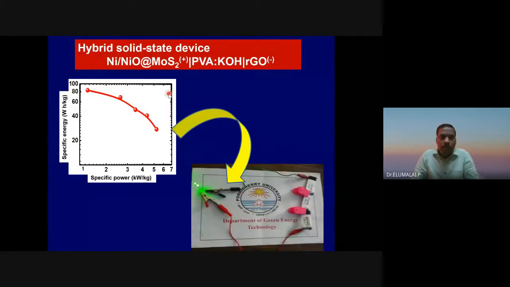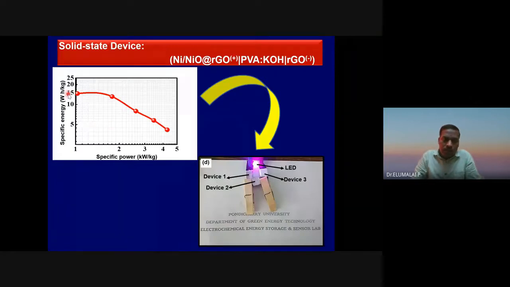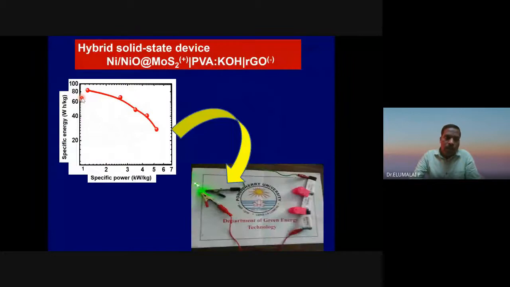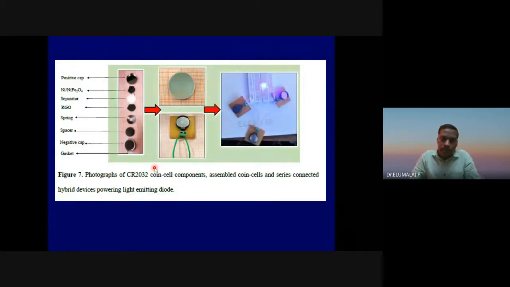This is another material, nickel oxide along with MoS2. These are all asymmetric capacitors. Again, 3 electrodes. Now, in the previous case, it was 15 watt-hour per kg. Now the energy density has been increased to as high as 80 watt-hour per kg by moving towards another material, molybdenum sulfide. Power density is increased a little. Instead of 4000, now 5000 watts per kg.